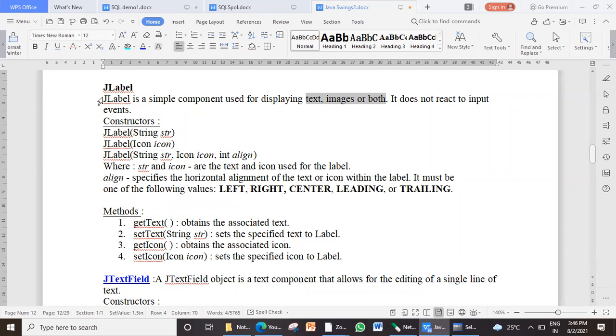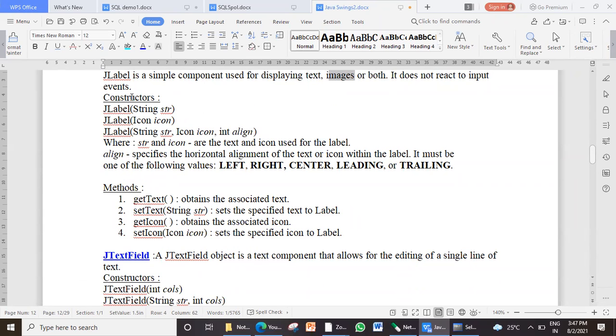But then with the advanced feature of this swing component, JLabel also displays images or both together, text as well as image. Now, how to create JLabel? The constructor is JLabel. As you all know that it uses a class JLabel to create. Normally labels are created along with some text message on them. So the very simple constructor what we use is string str. We pass some string message while creating label.